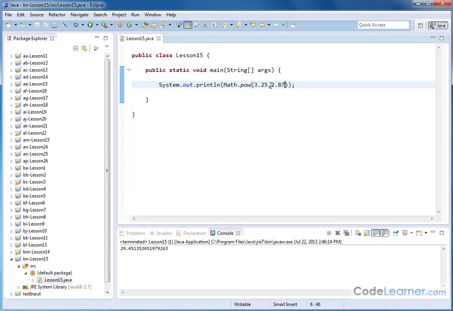But it works just fine if I put whole numbers in, because behind the scenes, Java's doing the conversion and casting it into a double before it does the calculation. So if I do 7 and raise it to the power of 2, then I expect to get 49, because 7 times 7 is 49. If I raise it to the power of 5, I expect a much larger number back, and in fact I get